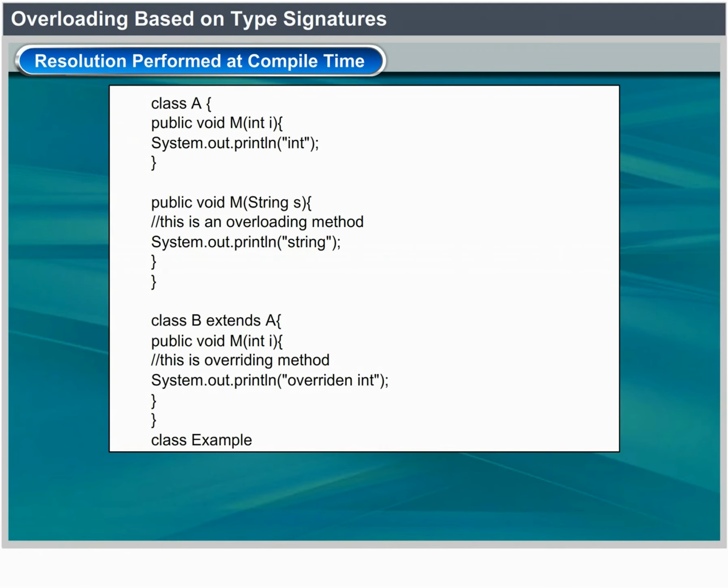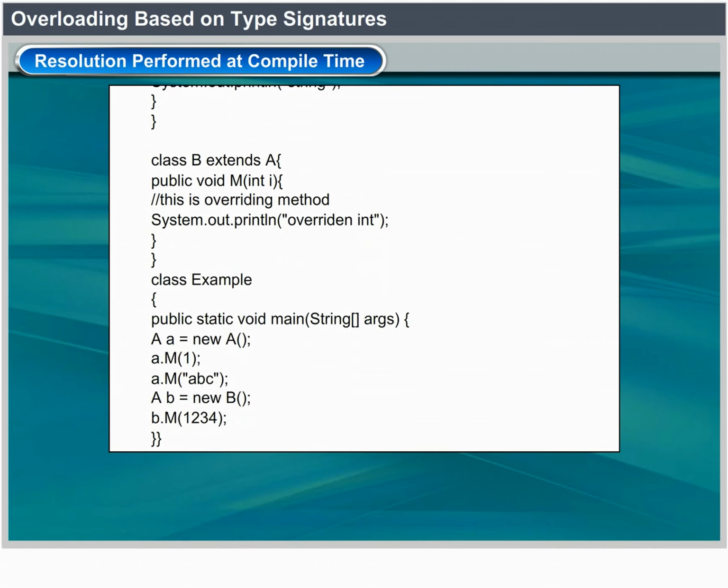Class A { public void m(int i) { System.out.println(i); } public void m(String s) { // this is an overloading method System.out.println(s); } } Class B extends A { public void m(int i) { // this is an overriding method System.out.println("overridden integer"); } } Class example { public static void main(String[] args) { A a = new A(); a.m(1); a.m("abc"); B b = new B(); b.m(1); } }